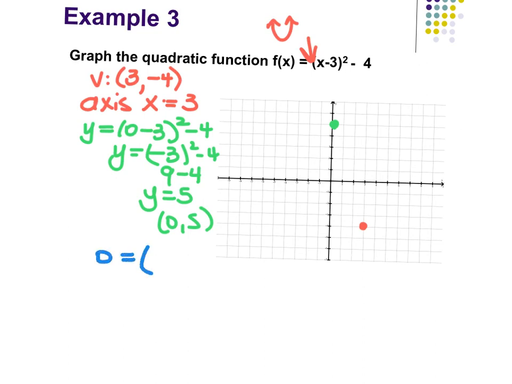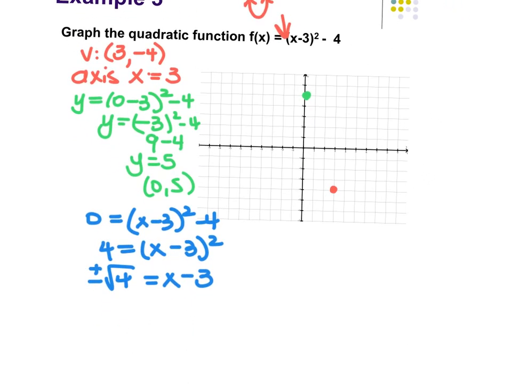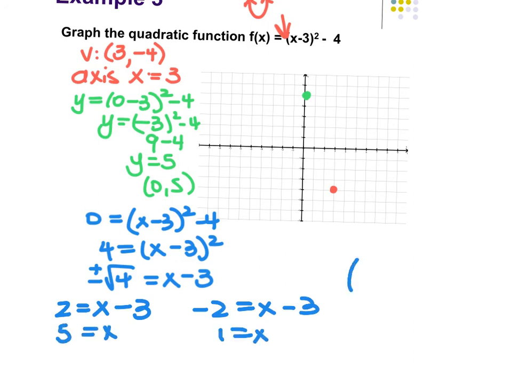x-intercepts, 0 equals x minus 3 squared minus 4. Add the 4 to the other side. Square root both sides. So I'd get a positive 2 equals x minus 3 and a negative 2 equals x minus 3. Add the 3, I get x equals 5. Add the 3, I get x equals positive 1. So 5, 0, and 1, 0. Here and here. And I've got enough information to